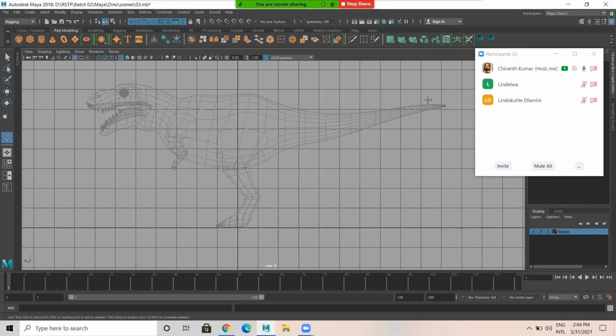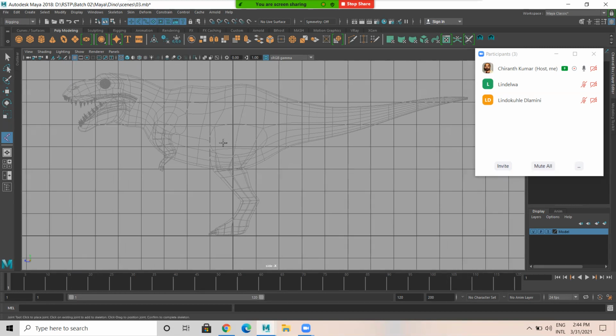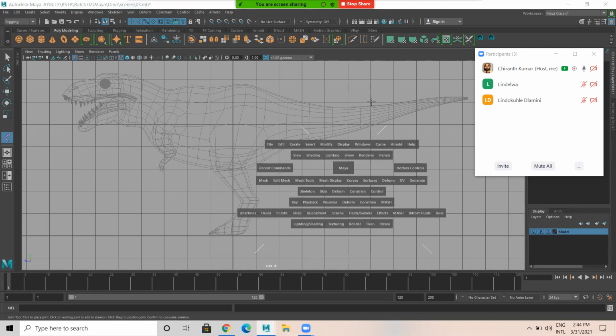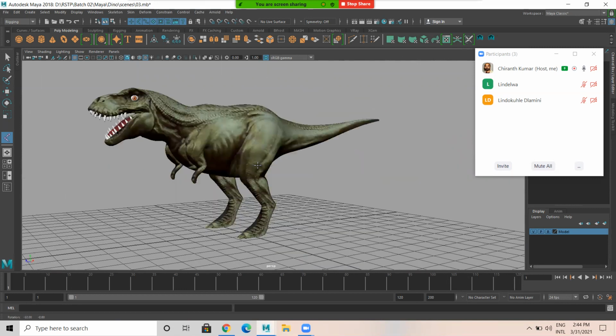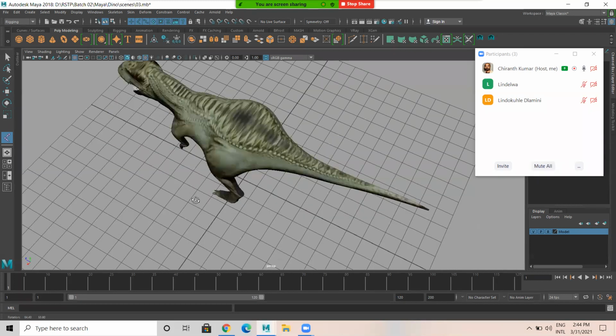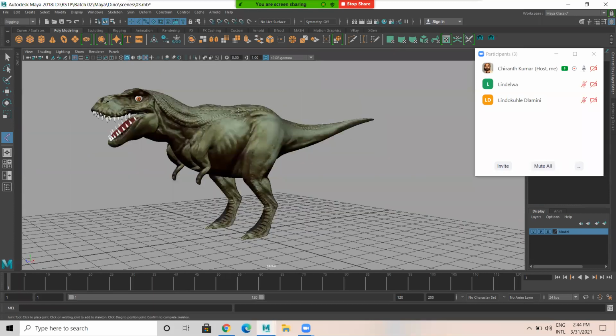Let us work on the tail part first, or leg part. Let's start with the leg part. So you know this is the thigh part, right? This is the thigh part, this is the knee, here this is the ankle, heel, ball, toe. Looking at this model, we should be able to observe how this particular character walks. A rigging artist is the person who will understand how the movement of this character should be, that we have to decide, and based on that we place the joints.